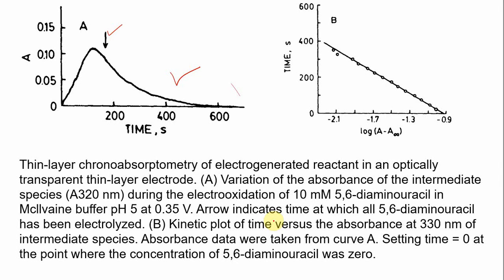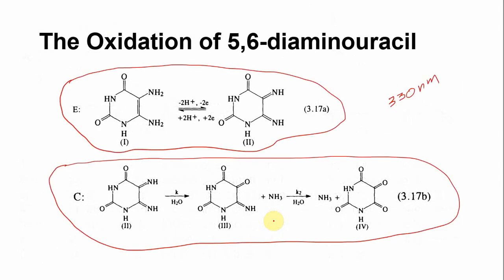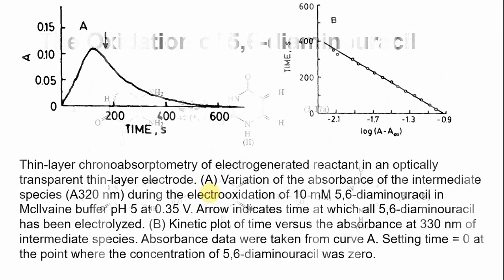So from here we get a rate constant value of 7.6 times 10 raised to the power minus 3 per second. So anyway,